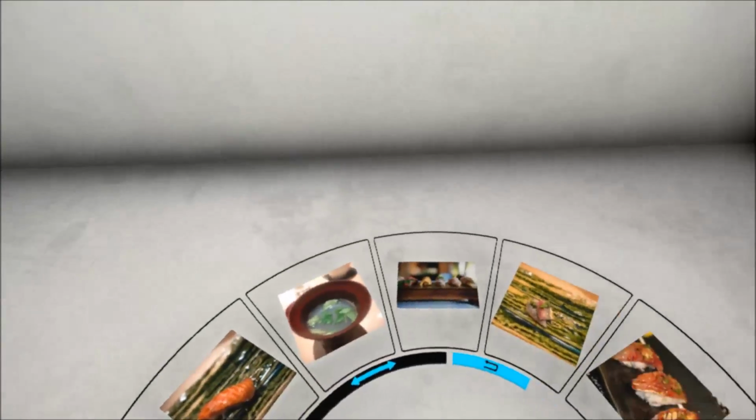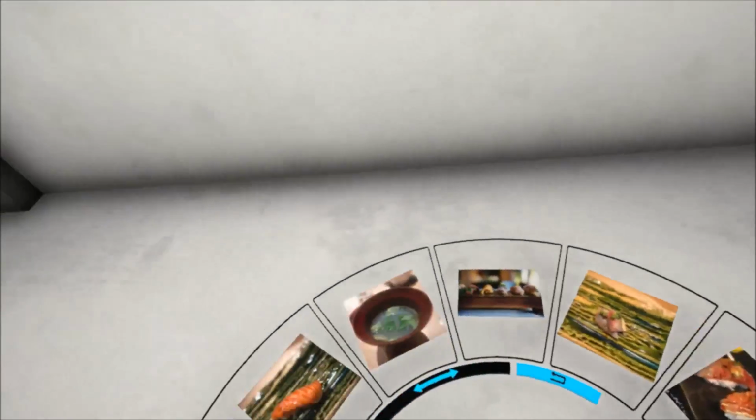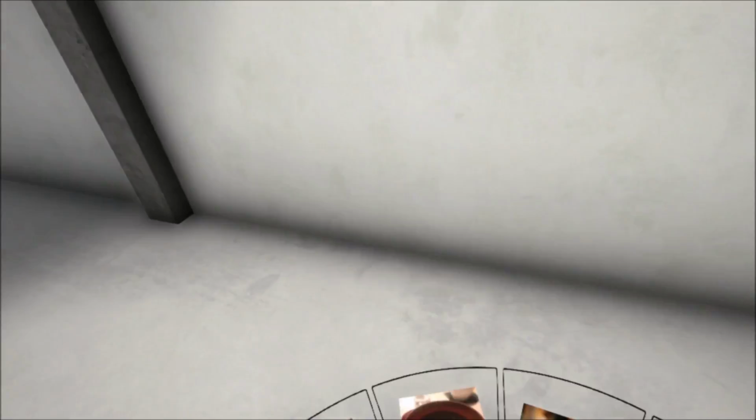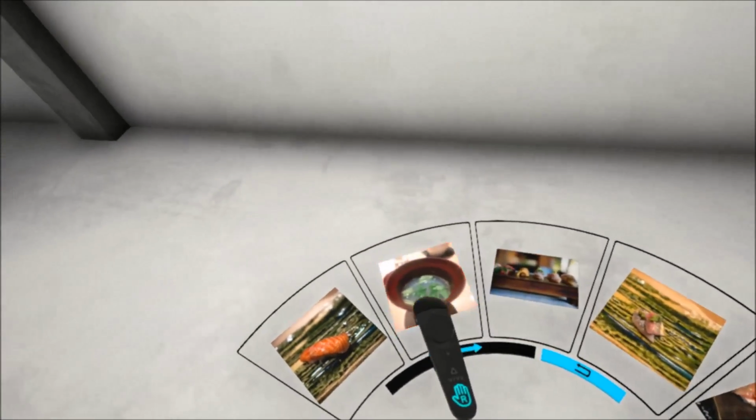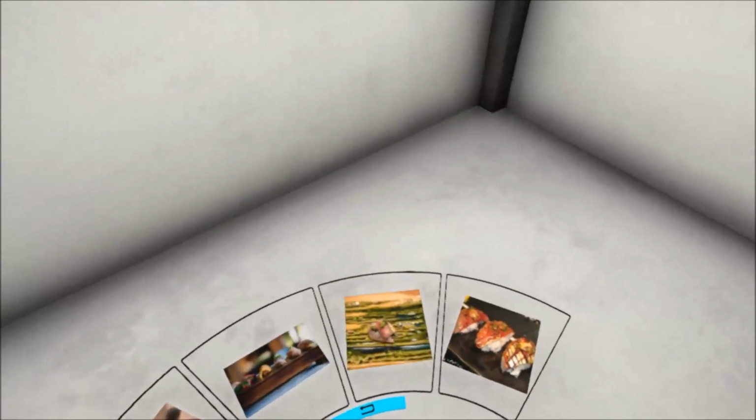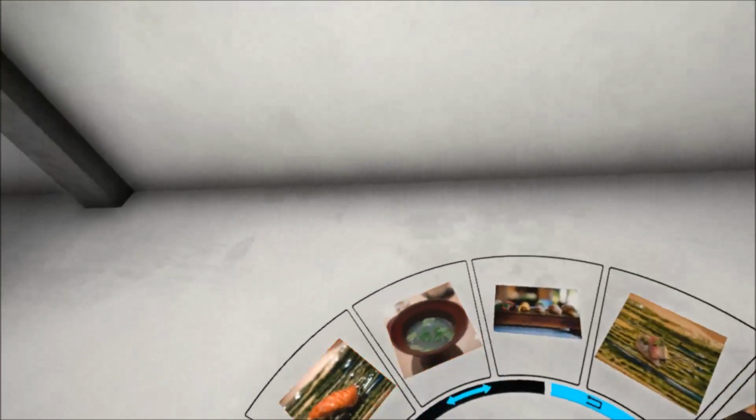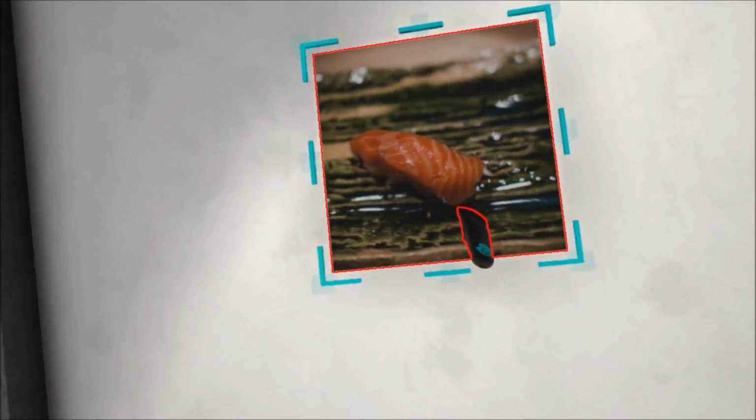So let's say that we would like to create a simple scene with our favorite food, and I've already uploaded some photos into my basement. Thus, I have all these photos of great sushis in my tool belt. And what can we do next? To place a photo on the scene, I just need to drag and drop it and place it on the scene